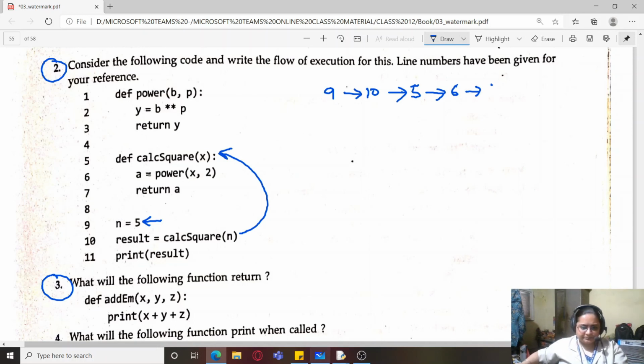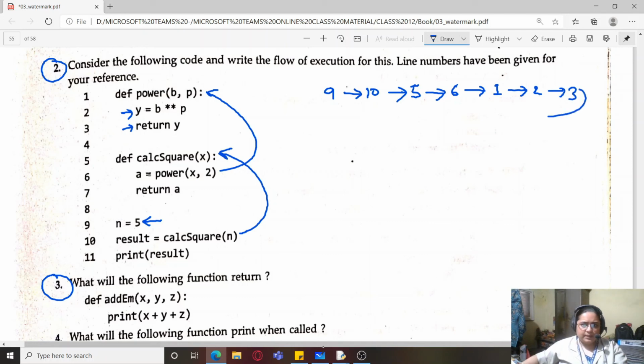Now after 5, 6 will be executed, but then there is another function call to this power. So 1 will be executed. After that, this statement will be executed, that is 2. After that, return y, that is 3.